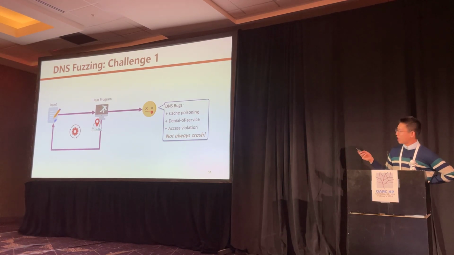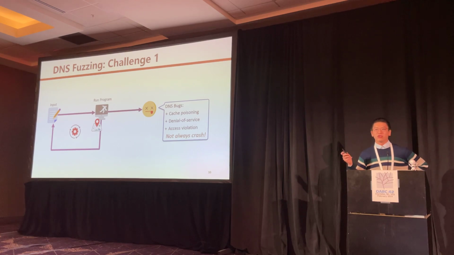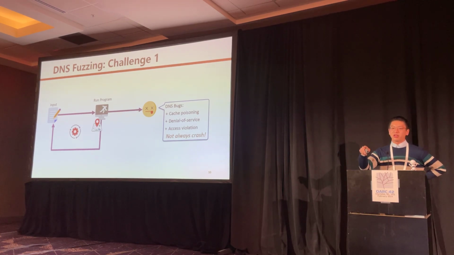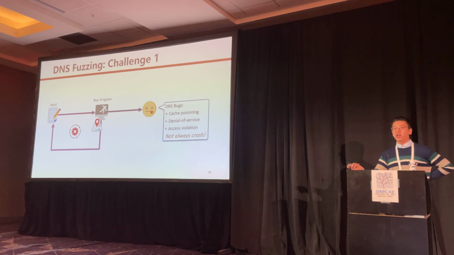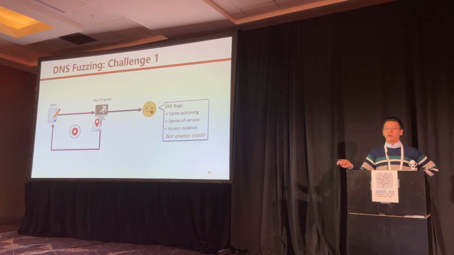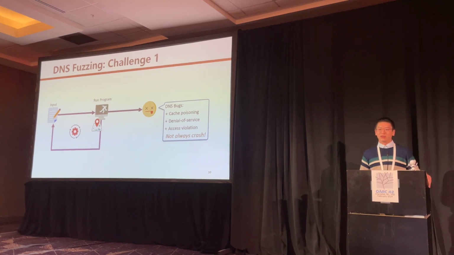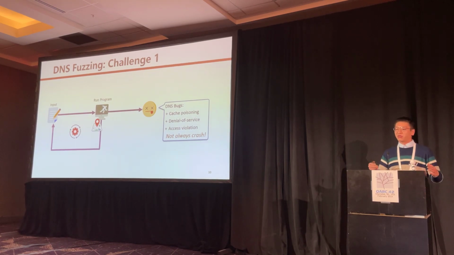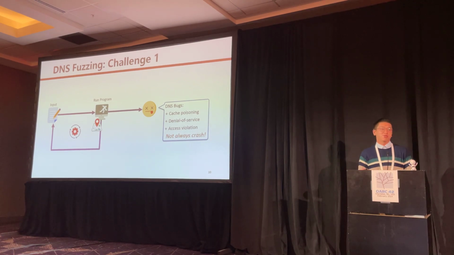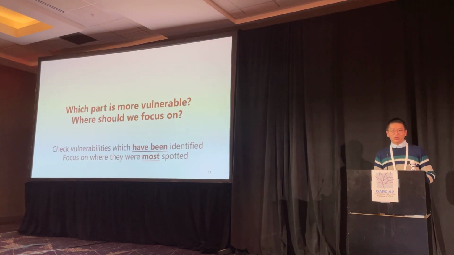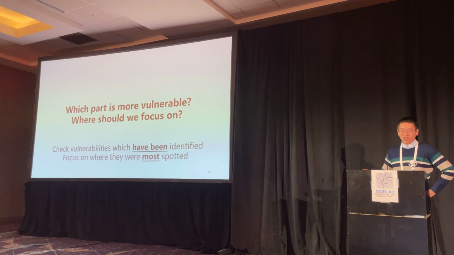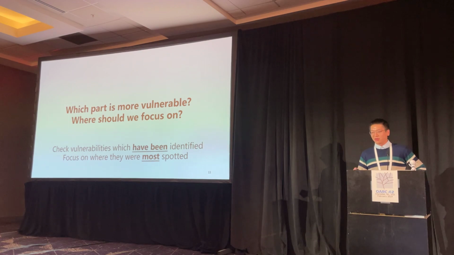These problems are not crash-based problems, which means if this vulnerability is triggered, it will not crash. It just returns fake results, or it does not respond to anything. But fuzzing is mainly focused on crash-based bugs. So there is another problem: we want to find which part is vulnerable, because there are non-crash bugs, and we should have something to focus on.